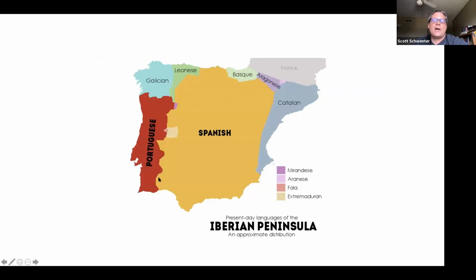So here's a map I like including, because if any of you have ever been to Spain and watched the weather forecast there, they don't include Portugal in the map. It looks like this is all coastline of Spain, but actually they just blot out Portugal. I wanted to show you this because the history of Portuguese actually starts here with Galician, and Galician speakers then went south. So Galician is actually the source of Portuguese,